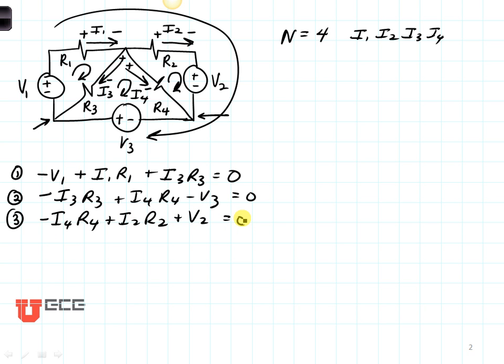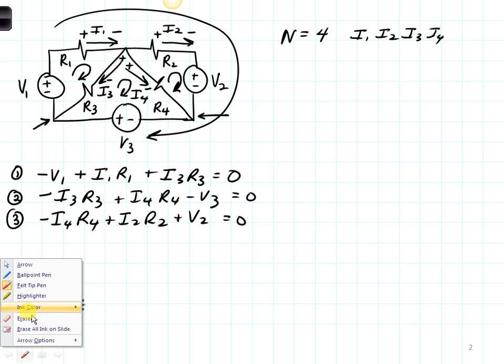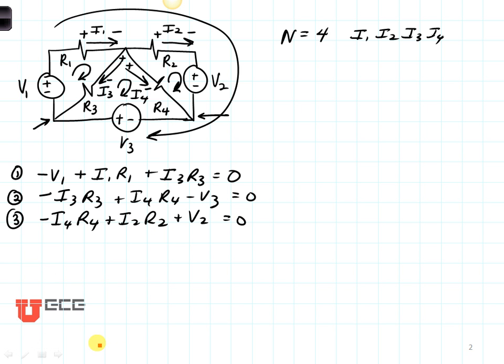Well, there's 3 equations for my 4 unknowns, so I need 1 additional equation. Let's transfer over and do a node equation now, because I've done all my possible loops. I've picked up every element. Well, here is a node. That's an ordinary node. That's not going to do me any good in my equations, and neither is this ordinary node. Here's an extraordinary node, however, this big red node, and that's where I'm going to do my current equation.